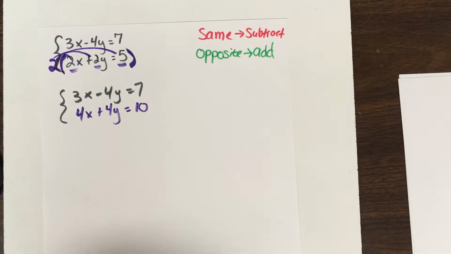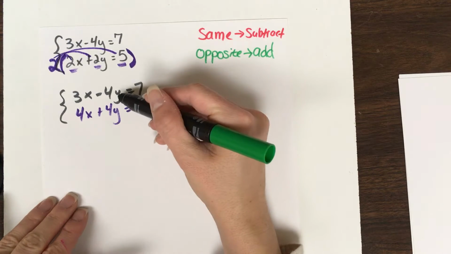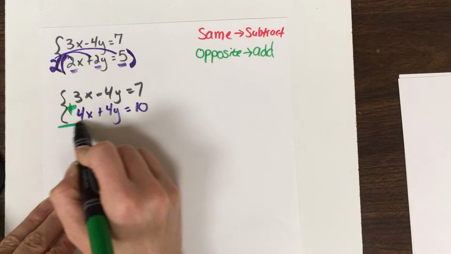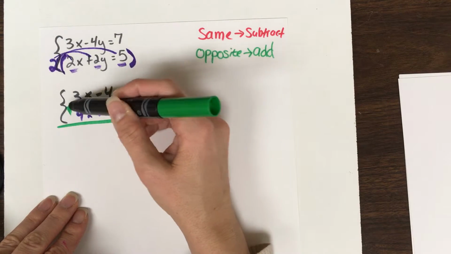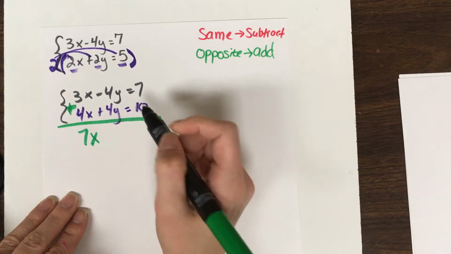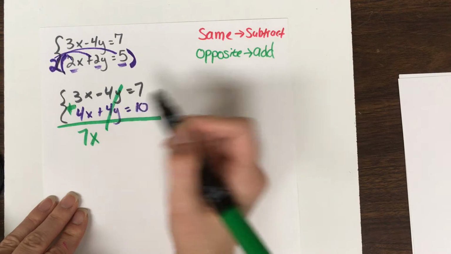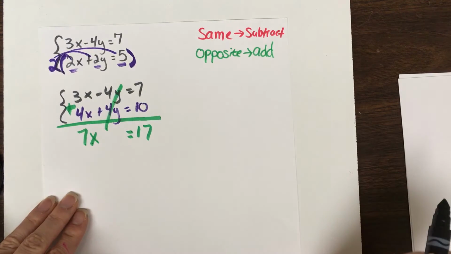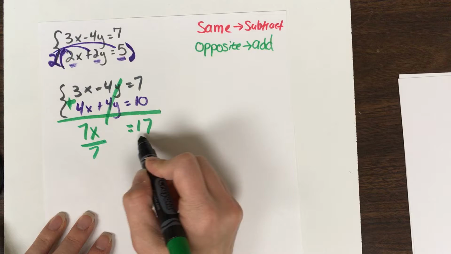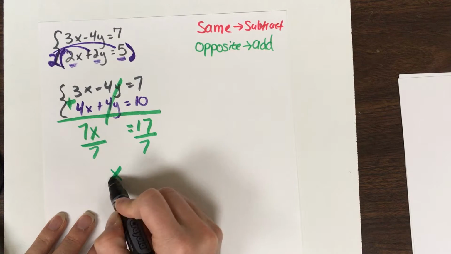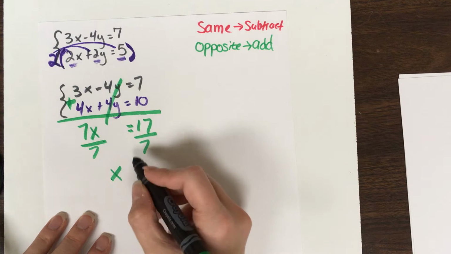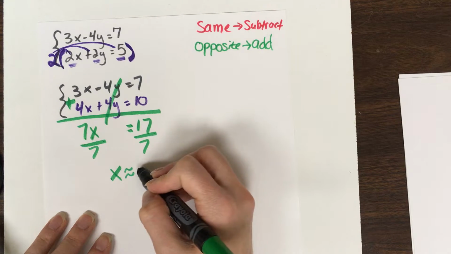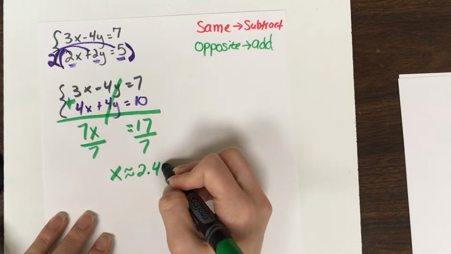Okay, so now I have, looking at my equations, my y's, they are opposites, so opposites mean I add my equations together. So 3x plus 4x is 7x, -4y plus 4y, that cancels, equals 7 plus 10 is 17. Solving for x, we divide both sides by 7. So 17 divided by 7 is a long decimal, so we are going to approximate this, rounding to the nearest hundredth,